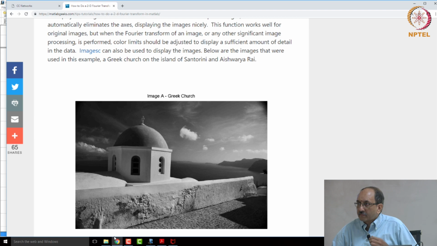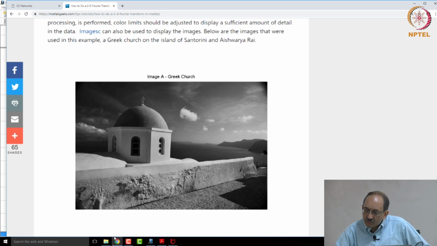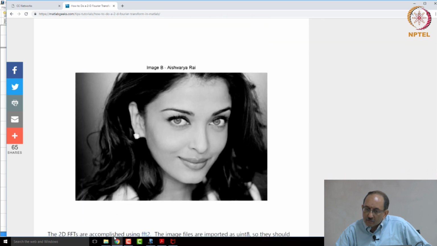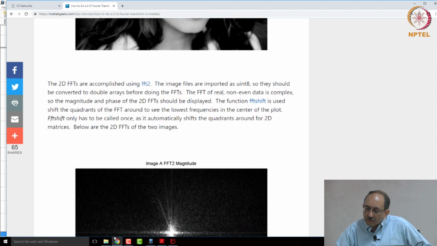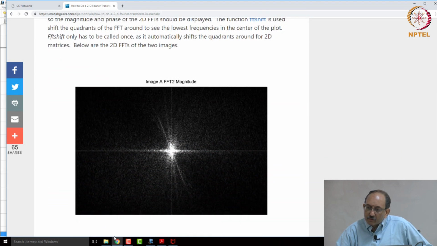Yes. The second image is... No, no, the second image is independent. So, this is the Greek church and this is the image of a face, okay. Somebody apparently called Aishwarya Rai, okay. So, this is image A,